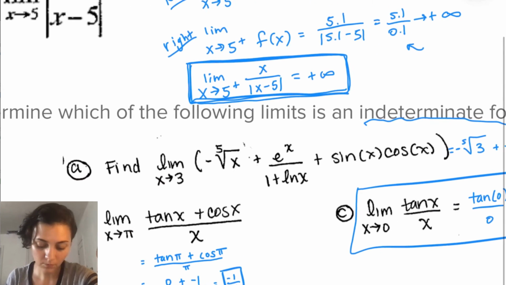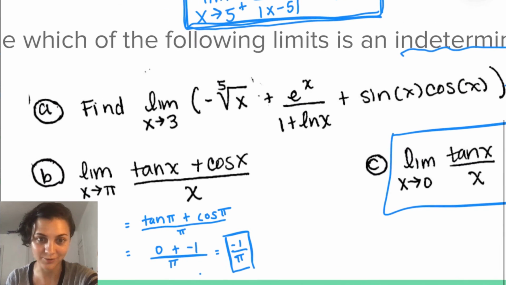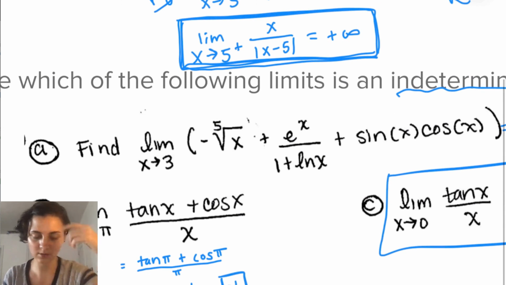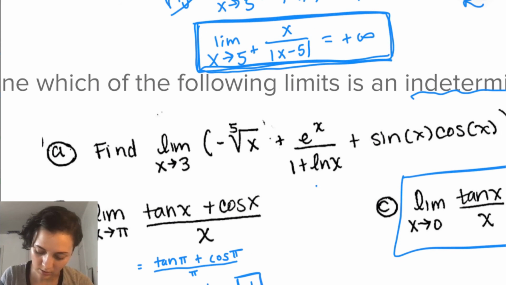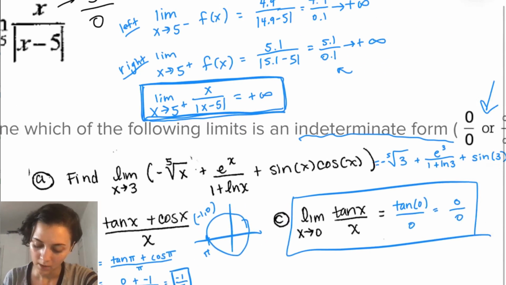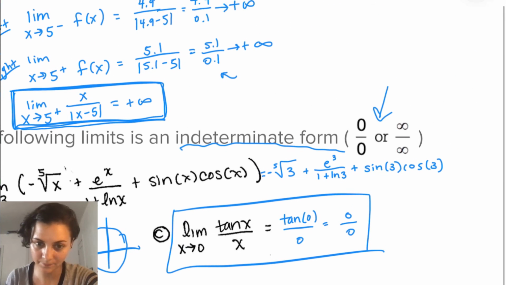B is just a little practice for trig, just reminding you of your trig values, like what's tangent of pi, what's cosine of pi. And if you struggled with that, just remember you can always draw the unit circle to see what's happening at pi. Well, the coordinates here are -1, 0, and use that to help you out if you struggled with that. But we ended up getting -1 over pi. And then C, our final problem,